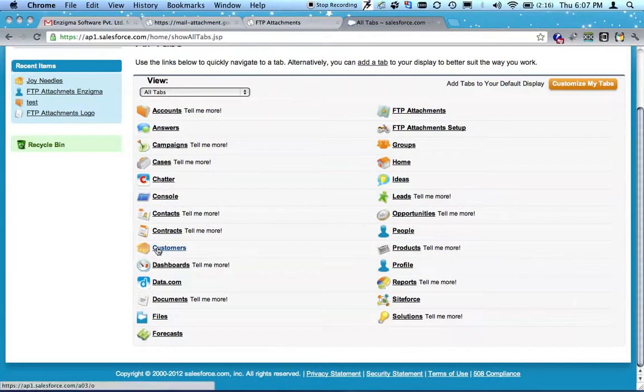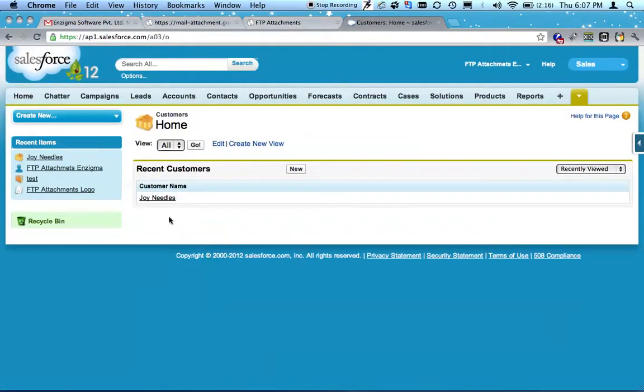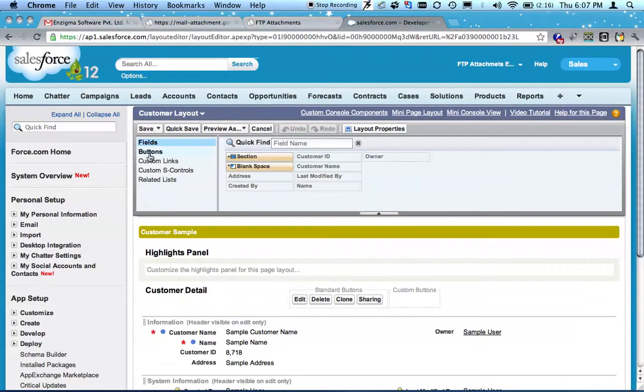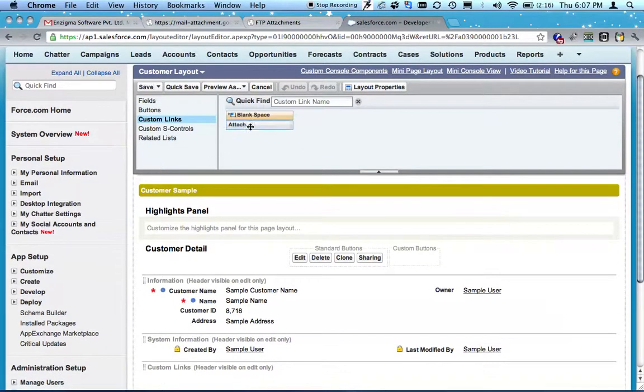Navigate to customer. Open a record of customer. Edit its layout. Open the custom links. Here, the link we have created will be available.